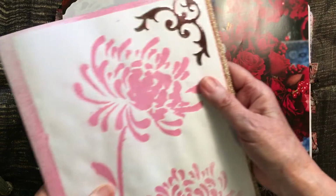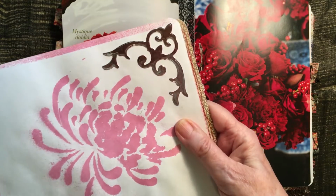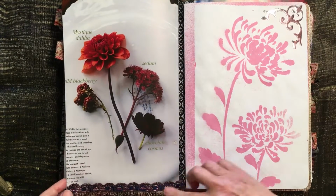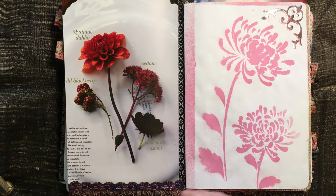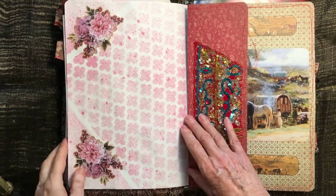Oh, there's another one of those cutouts done with the brown. Yeah, how clever it is. Just a mistake that was. Got another bit of the braiding at the bottom. And then I wanted some